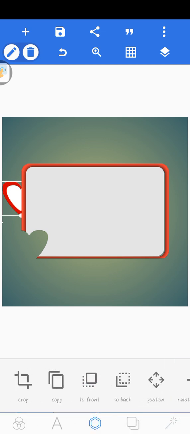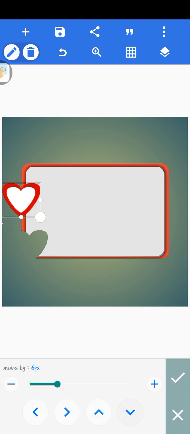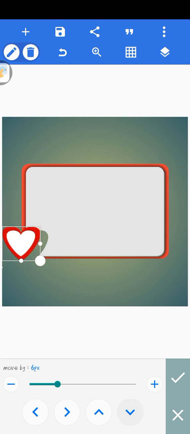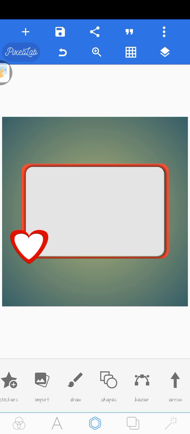I'm bringing it to the front, you see. Now, let's move it. Let's position it. Make sure you make use of your position very well. Position it to the right position. Now, I think we are in the right position, abi? So now